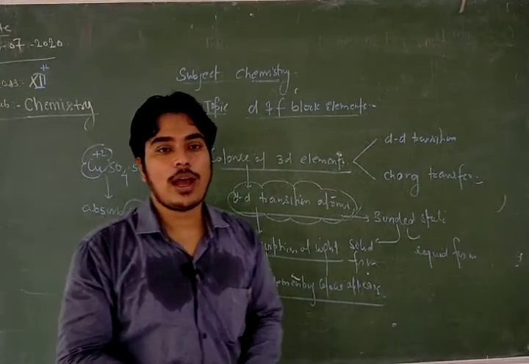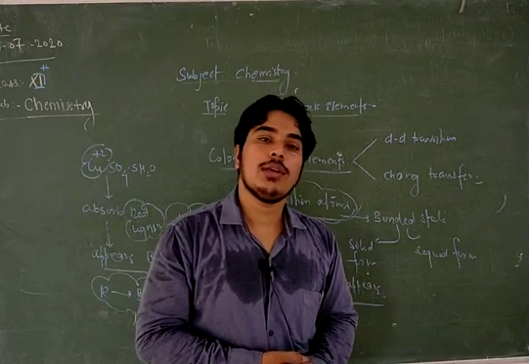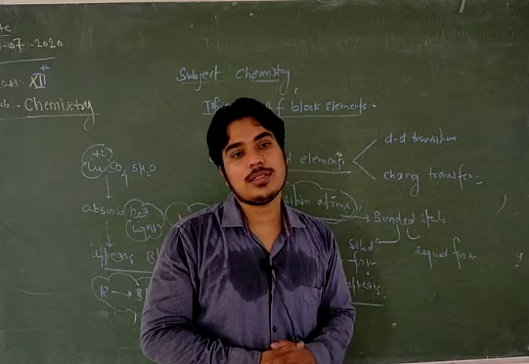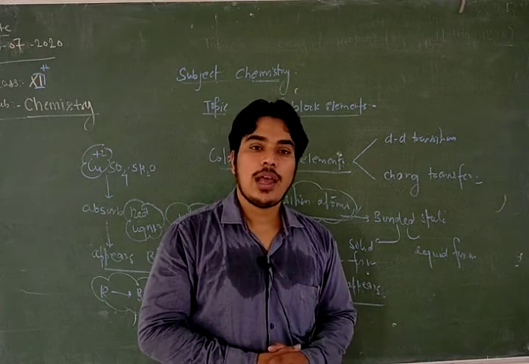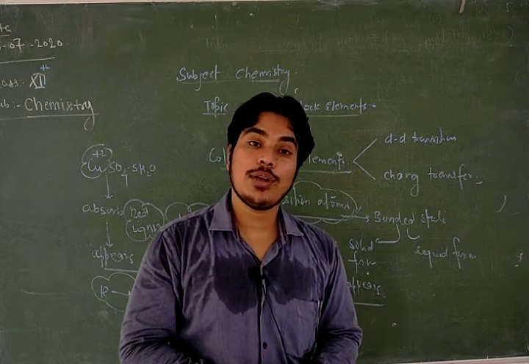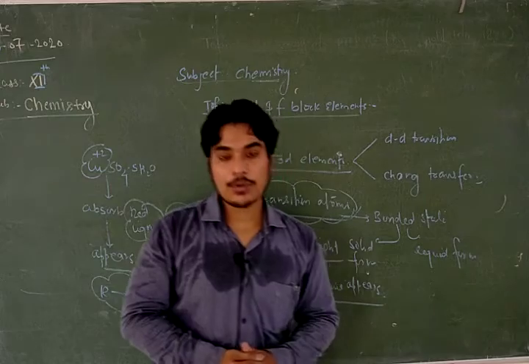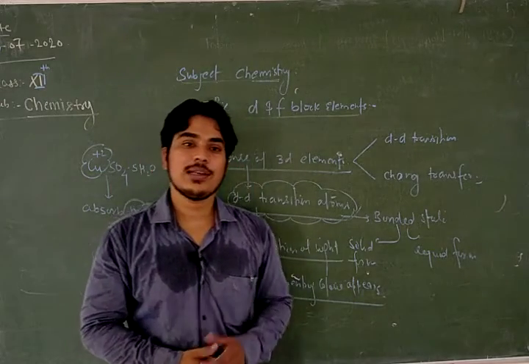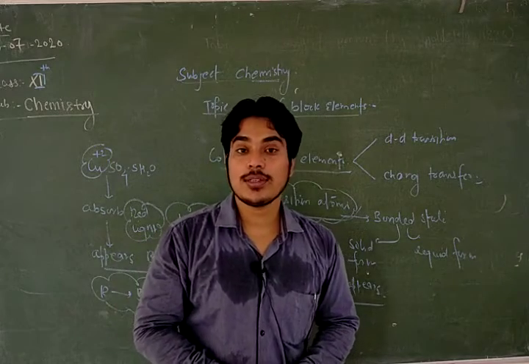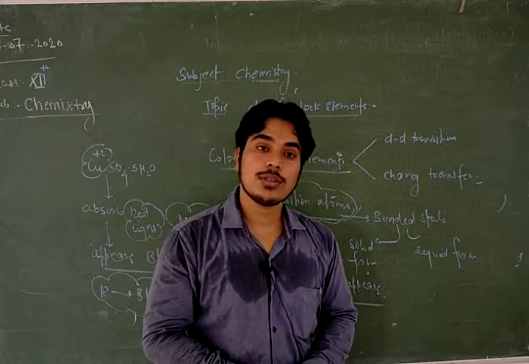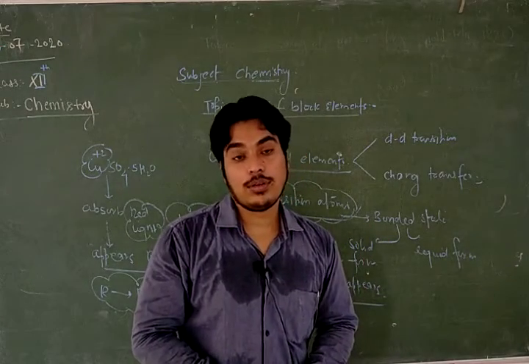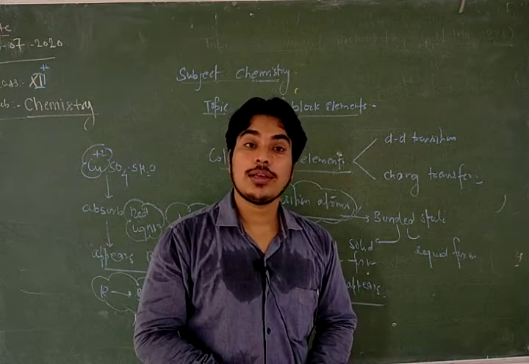So till now I have discussed 3 main properties. In today's lecture I have discussed the magnetic properties of elements, the color of the compounds, and a very important physical property, that is the melting point of compounds. So you have to cover all these topics through the NCERT book, attempt the textbook questions and the exercise questions, and note them down in the fair copy. Okay, so thank you so much.